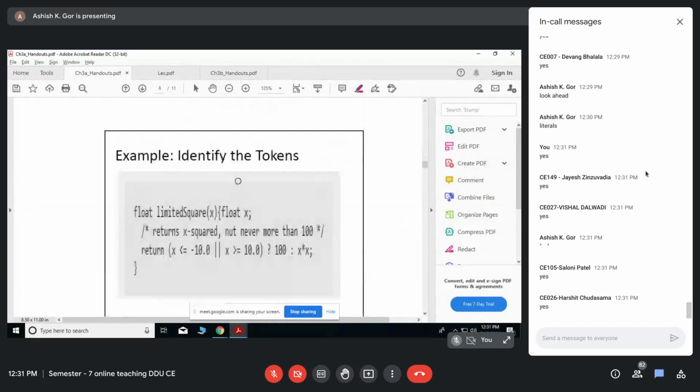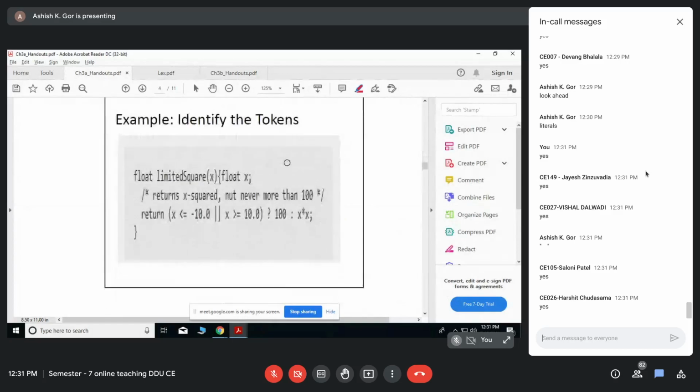So now, this is an example given to you. This is from the book. I give you 1 minute of time to find out how many tokens there are. If you scan from the start, this is a function, float limited square, the argument is x.